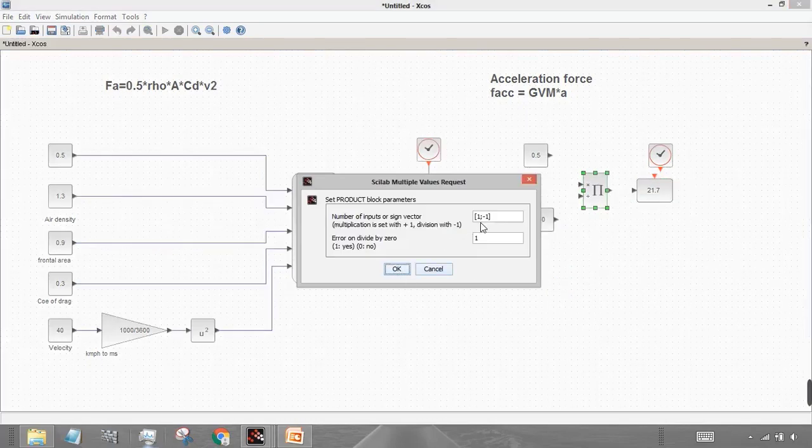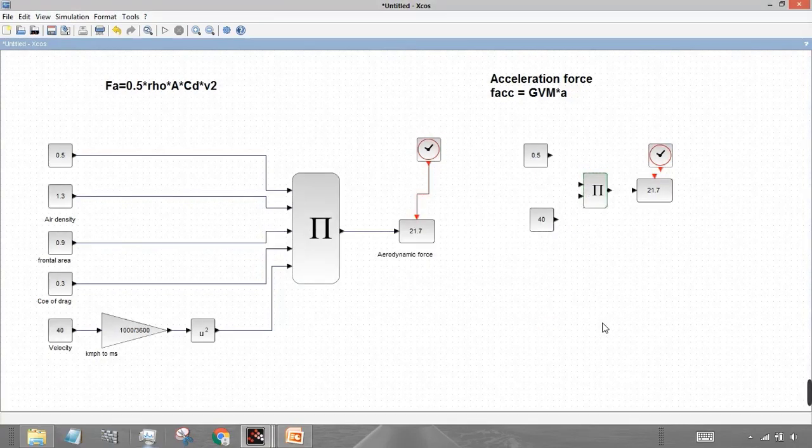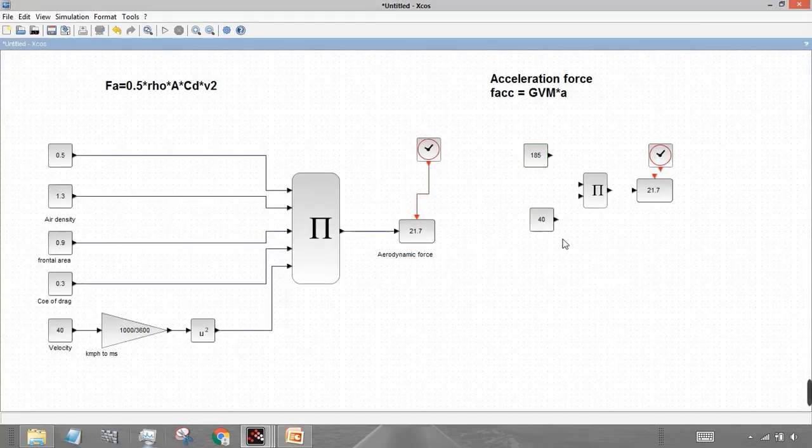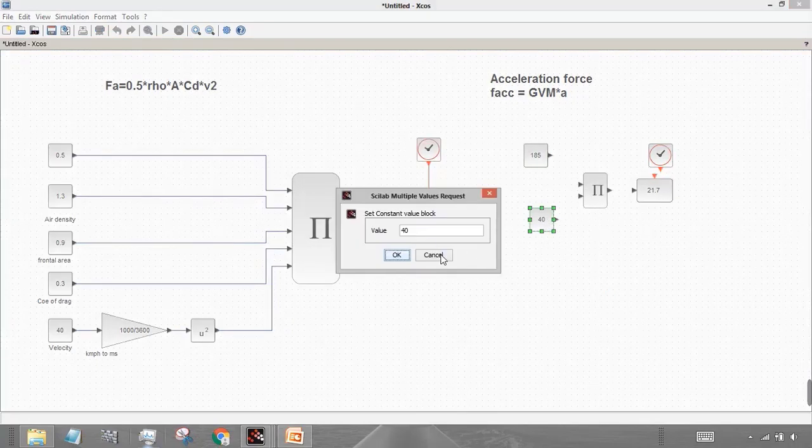So we want the multiplication, so I'll just remove this negative sign and click OK. The gross vehicle mass of this vehicle is assumed to be 185 kg and the acceleration is around.